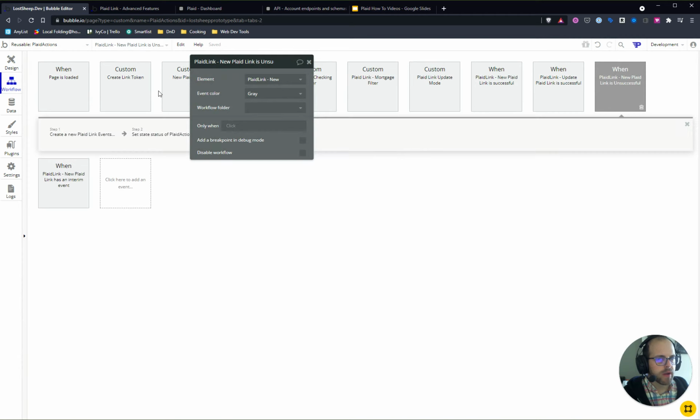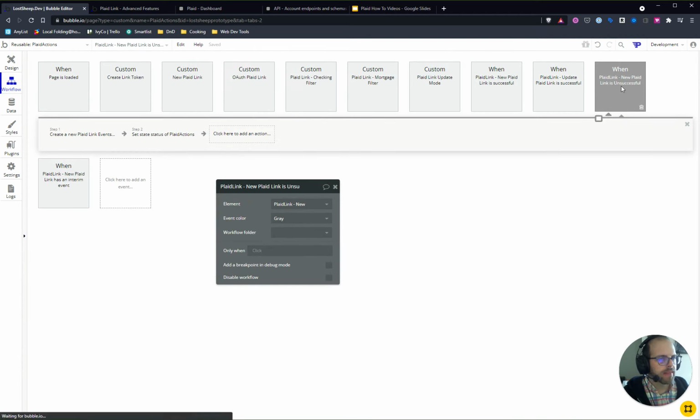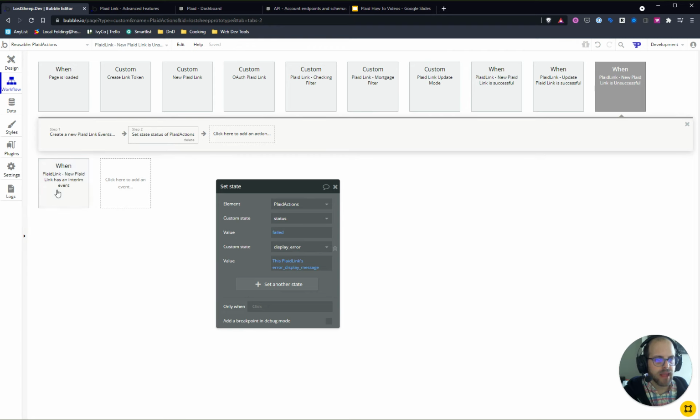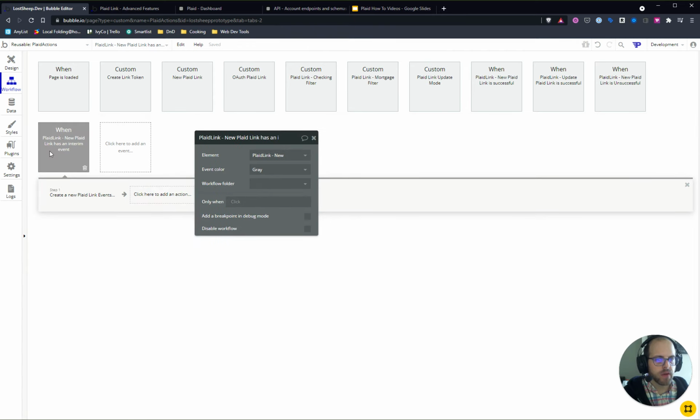So we looked at what's going on when Plaid Link is unsuccessful. We created a new Plaid Link event and set the state to Plaid actions. You might have noticed there's one other thing going on here. The other event here is an interim event. What this does is every time the user does something in that Plaid screen, it's not really part of your app, it's part of Plaid's system,